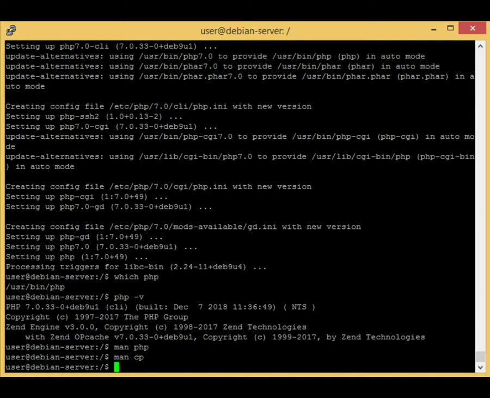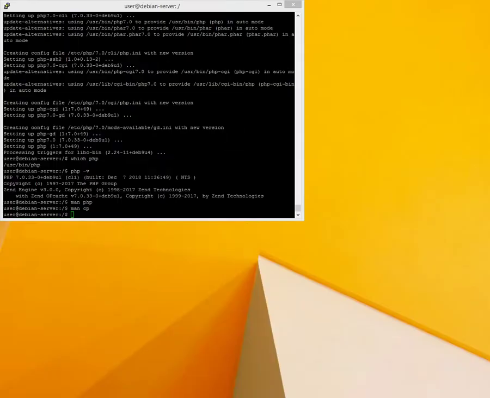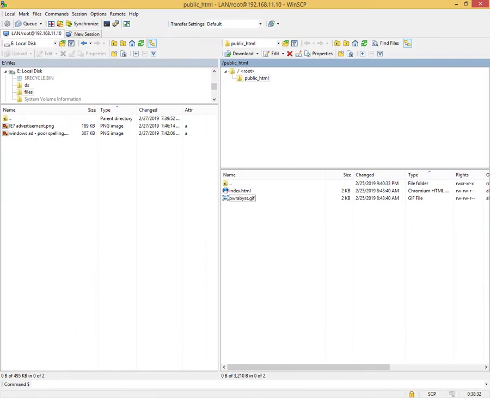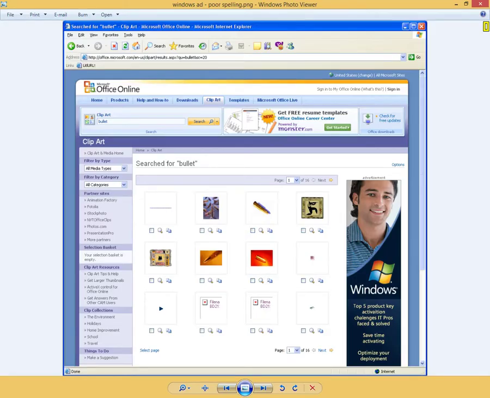Let's go ahead and upload a couple files into our web server directory. Now I am logged in as root in WinSCP. I've got a couple images that I'm going to put in my server web documents folder. This is a screenshot from 10 years ago. And what's funny about it, and the reason I saved this screenshot, is because this is